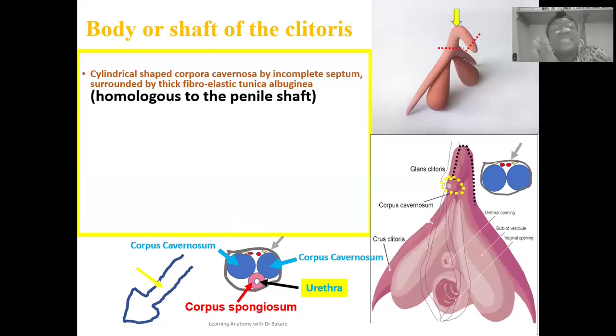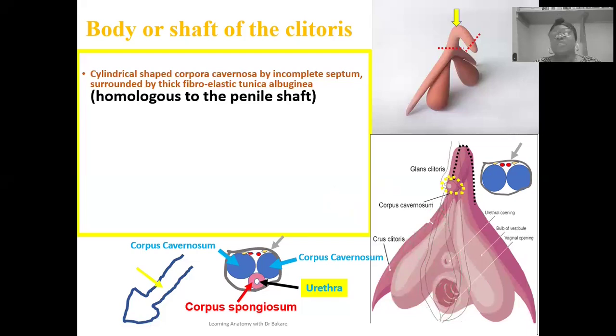And it is through this passageway that the urethra is opened to the external environment. But for the clitoris, there is a space already created in the vestibule for the urethra to be exposed to the external environment. So you see these distinct differences between the body or shaft of the penis and of the clitoris, even though they present a similar configuration. It's good that we're able to highlight the distinct differences